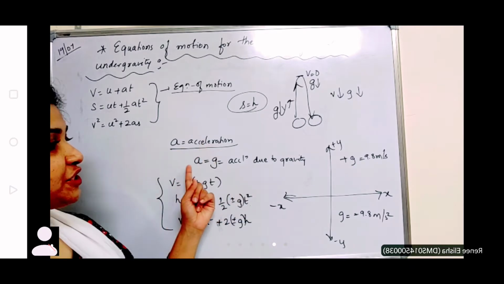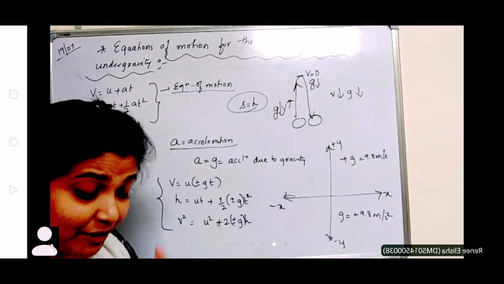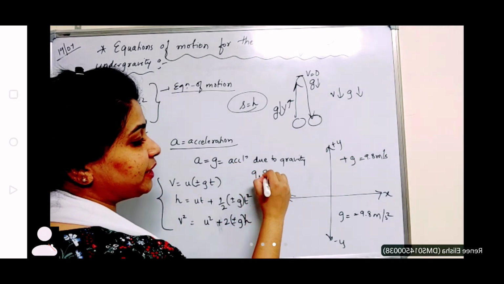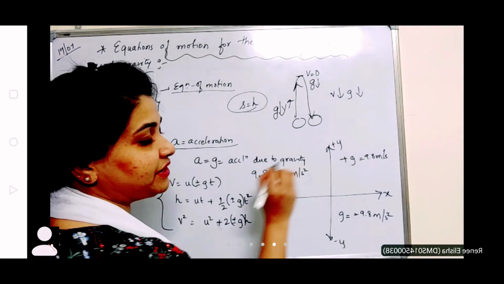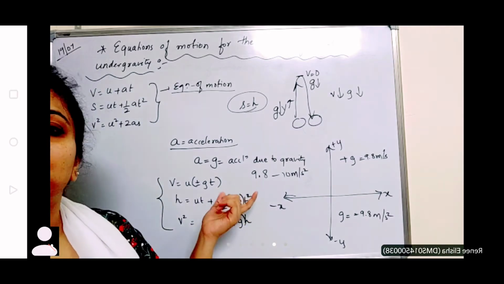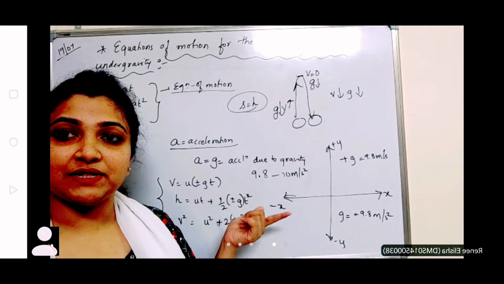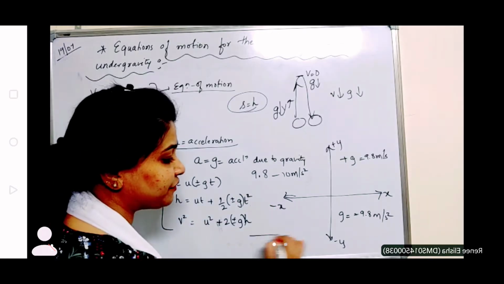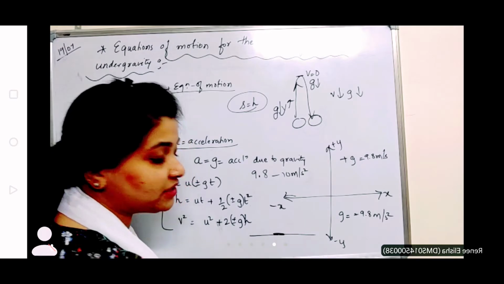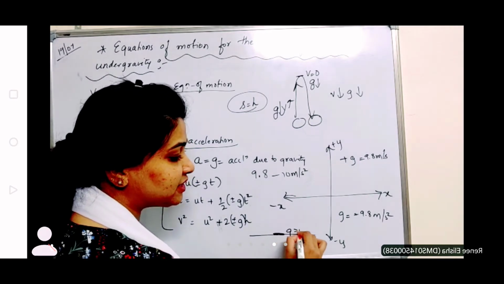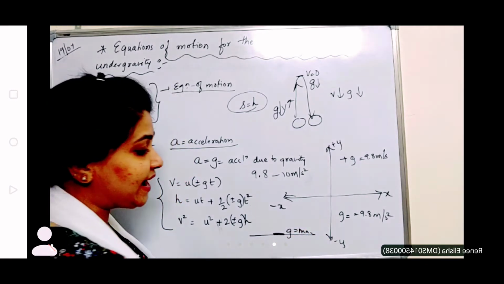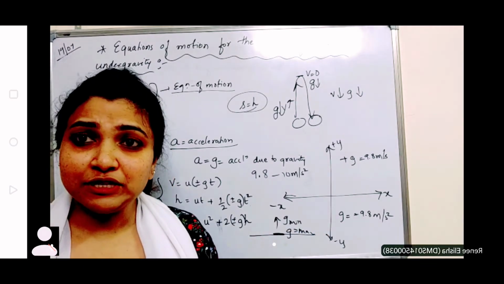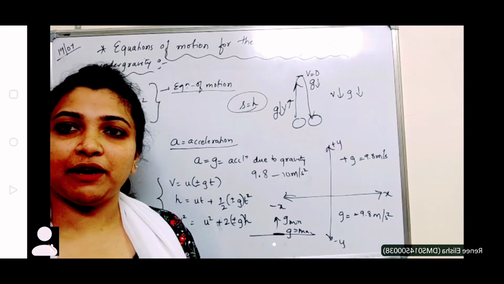So here acceleration became acceleration due to gravity. One more important thing I forgot. The value of acceleration due to gravity is between 9.8 to 10 meter per second square we take it, but mostly we take it 9.8 meter per second square, okay? Then one more thing, suppose this is the surface of the earth, G is maximum here at the surface of the earth, and as it goes up, it is minimum. Acceleration due to gravity becomes minimum. Am I clear with this?